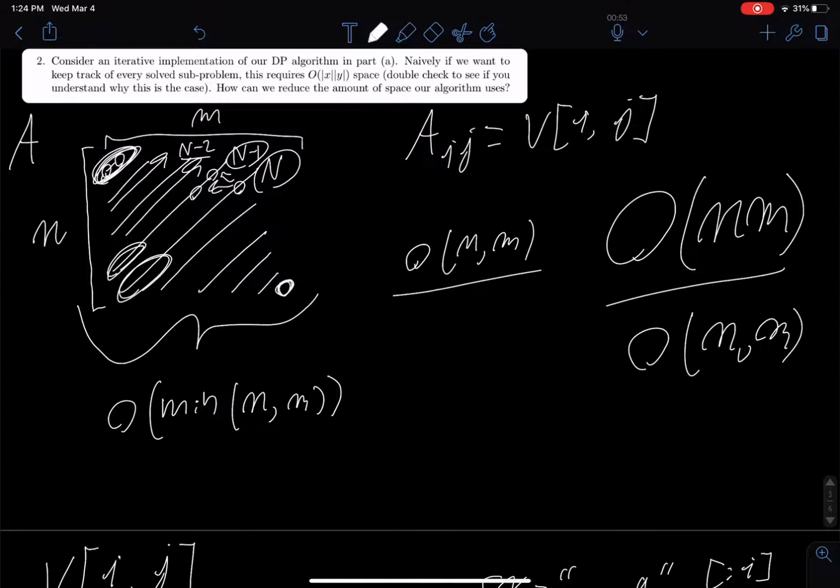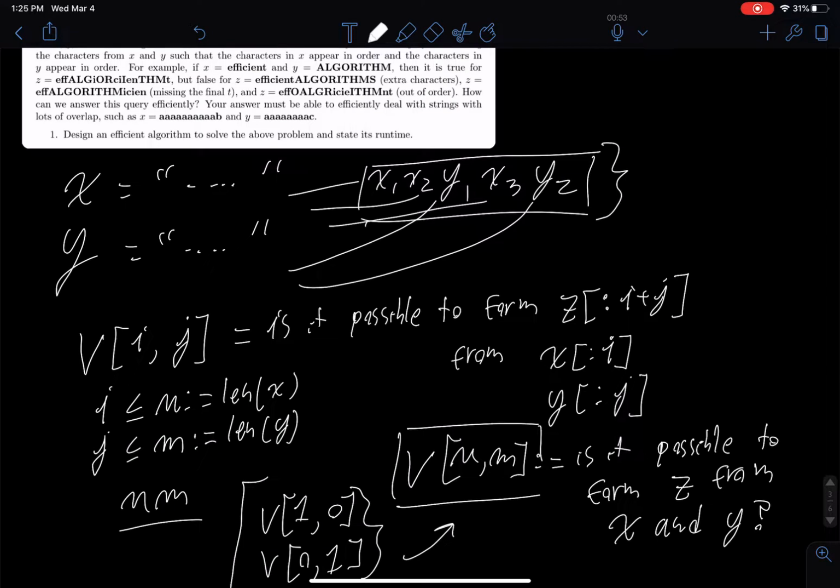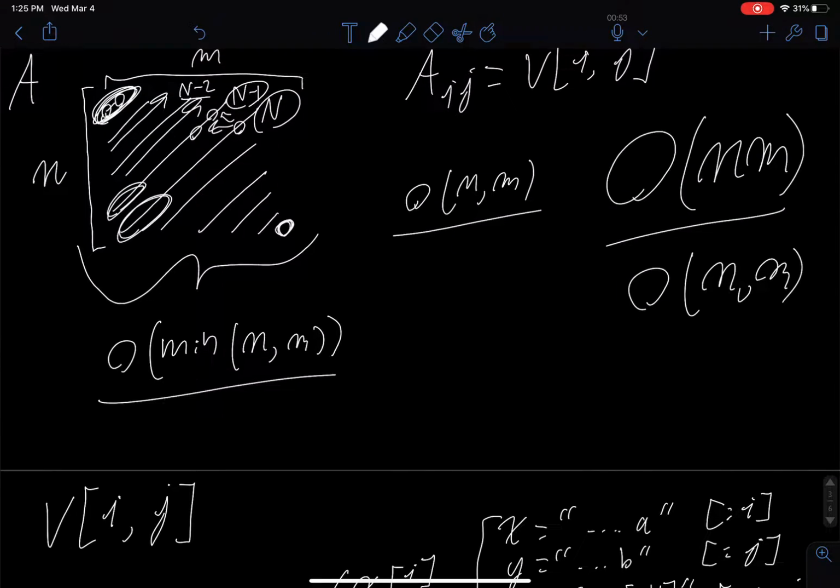Right? We can see this because no diagonal can possibly include more than the minimum of n and m values in it. So all we have to remember is two of these diagonals. And that'll be our space complexity for this DP algorithm. So, what looked at first like a relatively challenging, slightly intractable problem, determining whether or not this jumbled up string z could actually be formed as an interleaving of x and y, turns out to have a very nice DP